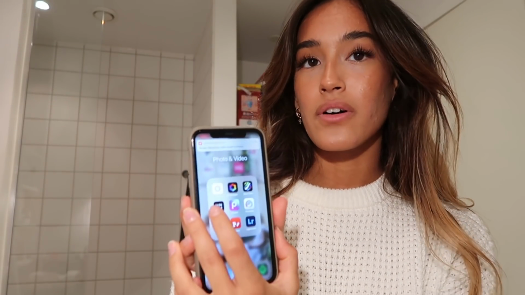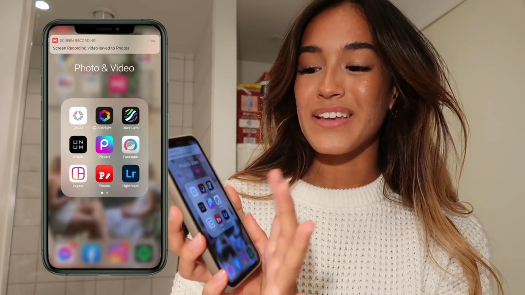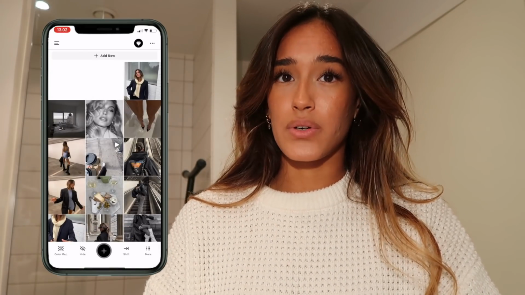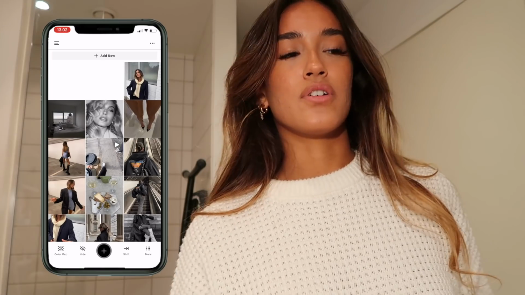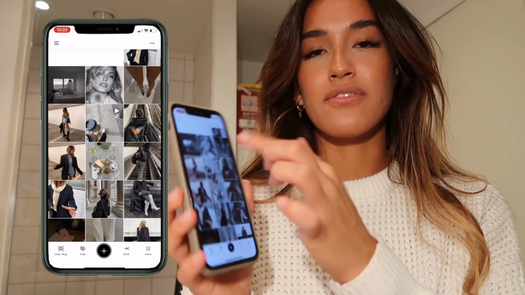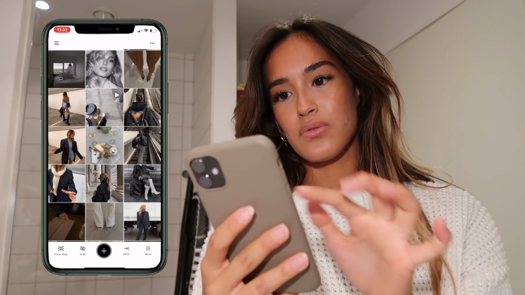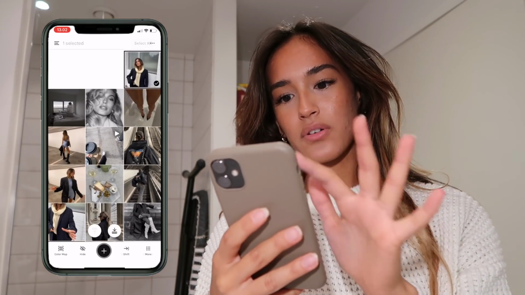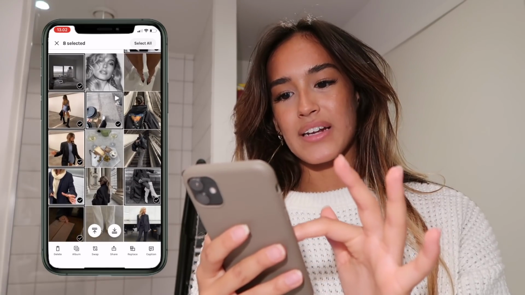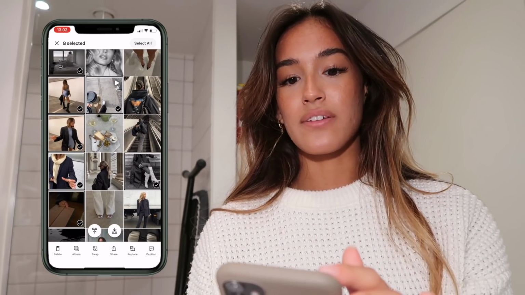So what I do for my feed is I open up, yep. I cancel my subscription because honestly, paying for it and not paying for it is the same. The only thing is that you can't have as many photos. As you can see, let me actually select all my photos. All of these that I've selected right now are my own photos. Everything else are photos that I found on Pinterest.